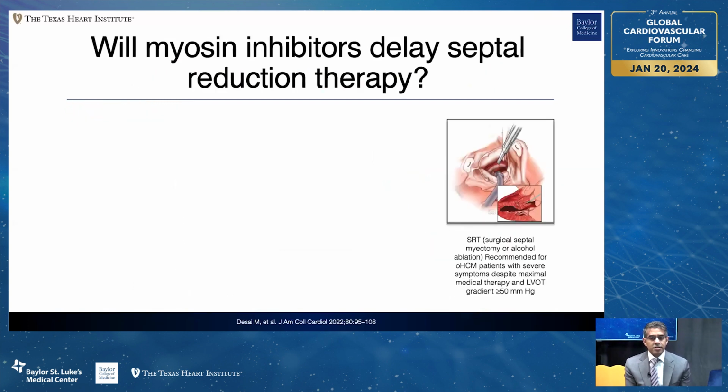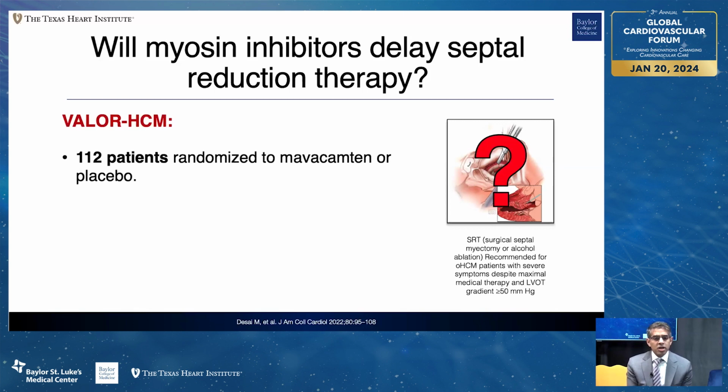So the next question is, will myosin inhibitors delay septal reduction therapy, such as in the case we presented initially? Septal reduction therapy is recommended for patients who have persistent symptoms with LVOT gradients greater than 50. So this was looked at in the VALOR HCM trial, which took 112 patients and randomized them to mavacamten